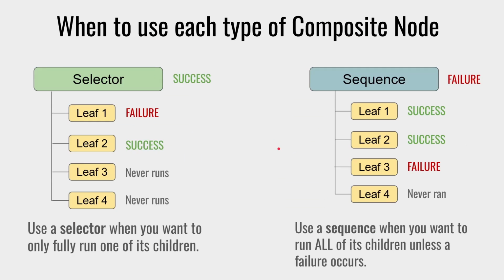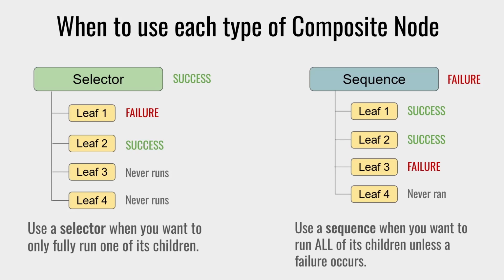Let's just quickly go back over the two types of composite nodes after we've seen them in a practical example. So the selector continues on failures and stops on successes. You're going to want to use a selector when you only want one of its children to fully run. So if it's choosing between options, that's what you're going to want to use a selector for. A sequence is going to be done if you want a sequence of events to happen unless there is a